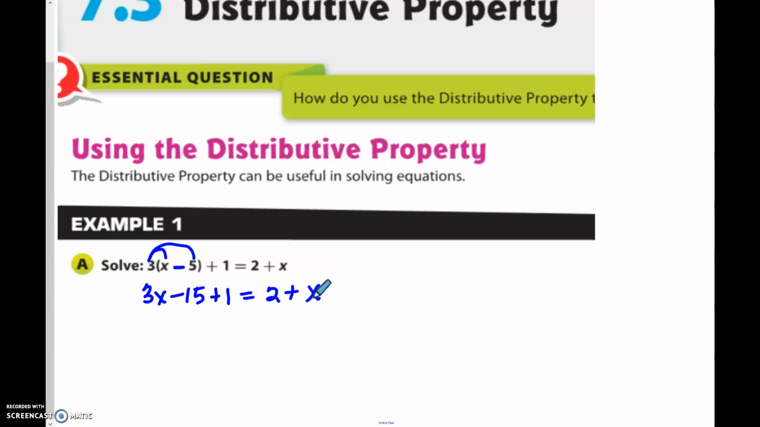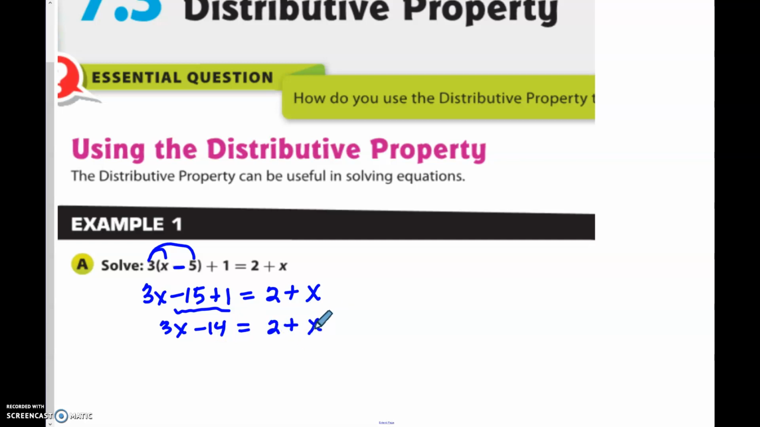All right, I'm going to be combining some like terms here. So I'm going to do a couple things at the same time. So we see that these two numbers are the like terms and they're on the same side. So that leaves us with 3x, a negative 15 plus 1 is going to be negative 14 equals 2 plus